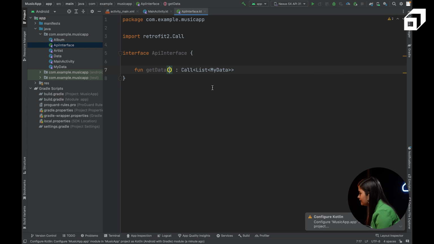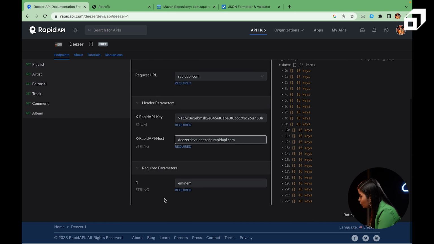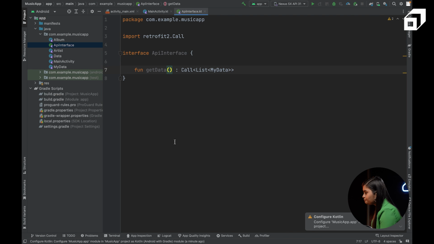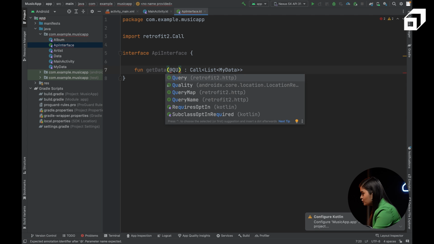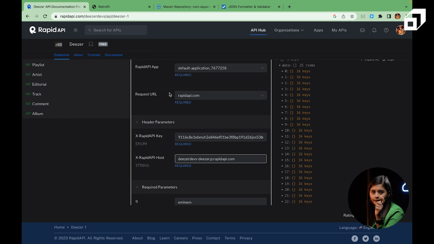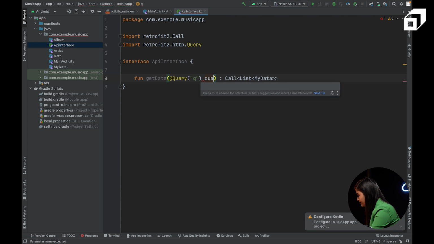Awesome. And inside this, if you notice in our Deezer API, we have to pass some query as well. This is a required parameter. So what I will do is, I have to give a query parameter. That's very simple. You just have to write @Query, right? @Query, and the name of that query. Like in our API, we have q here. You can see the required parameter is q, right? So you just have to write q, and after that, the name for the query,